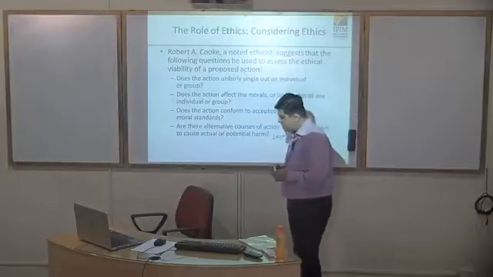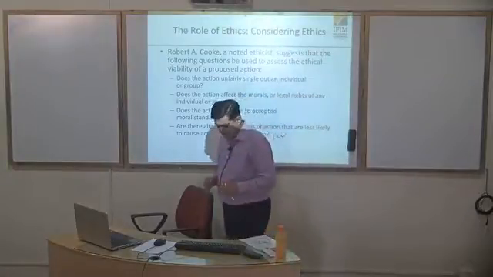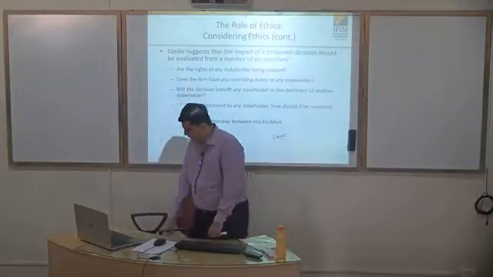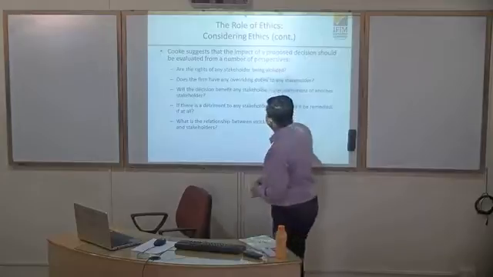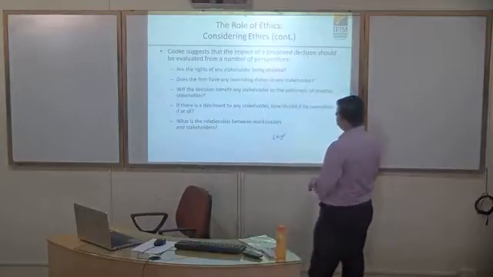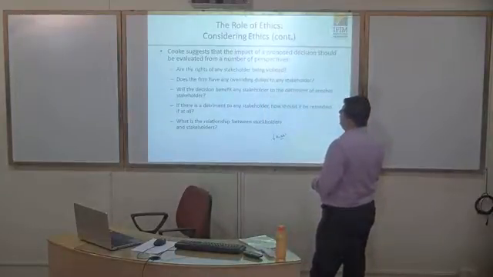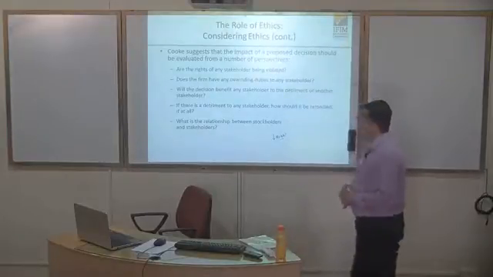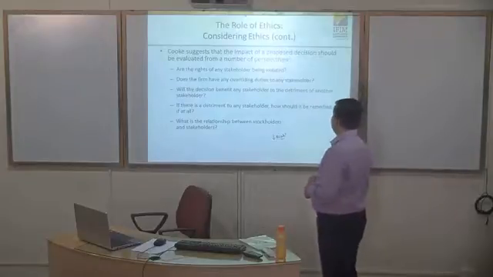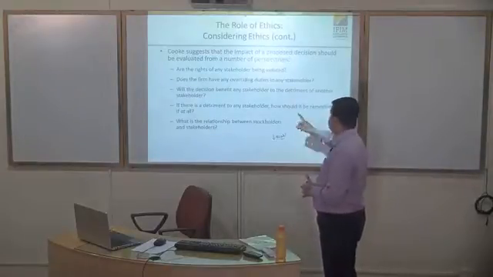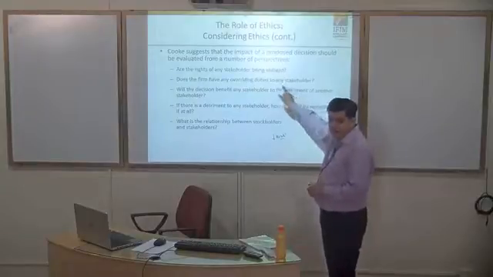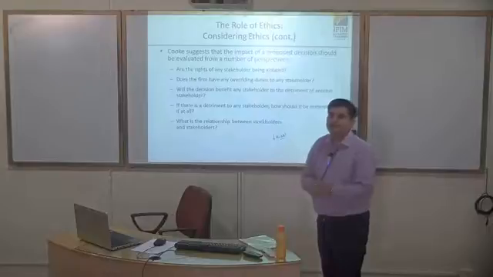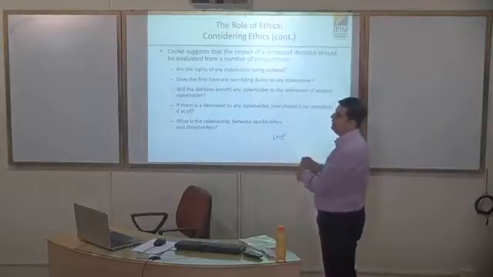How can I minimize the risk is what the fourth question talks about. I hope you are able to understand this simple English here. I need not explain this, I believe. So are the rights of any stakeholder being violated? Does the firm have any overriding duties to any of the stakeholders? Will the decision benefit any stakeholder to the detriment of another stakeholder? That's another important thing that we have to take care of. It should not favor only some of the stakeholders and not the others.